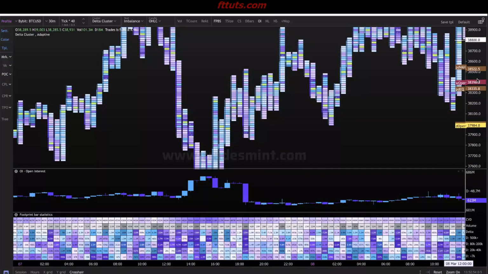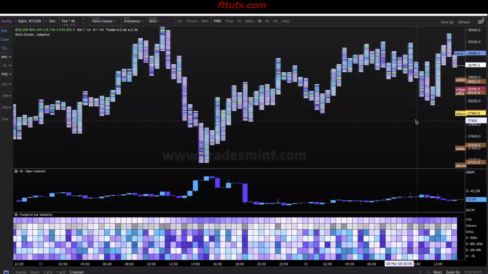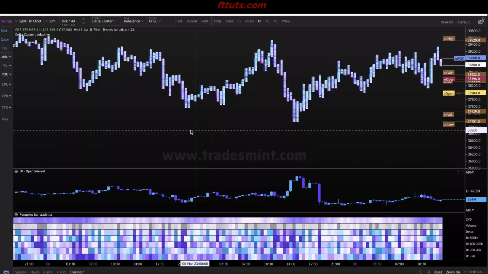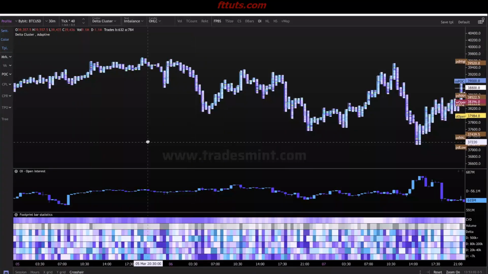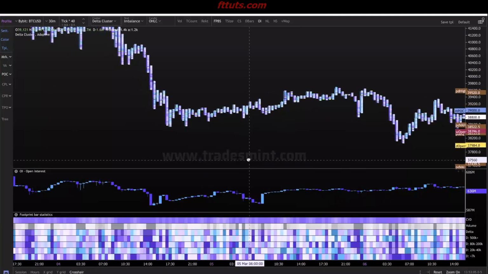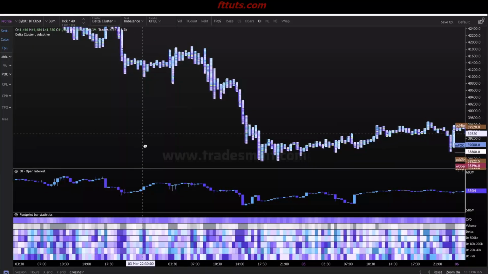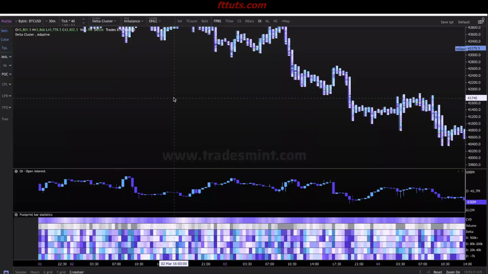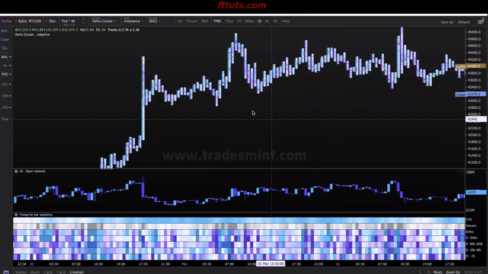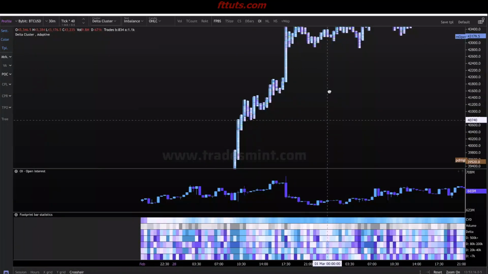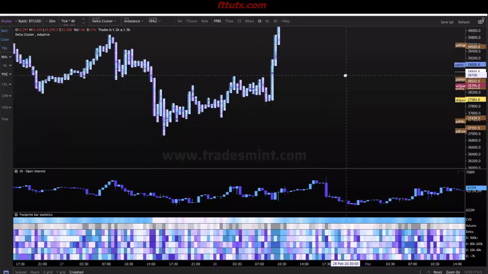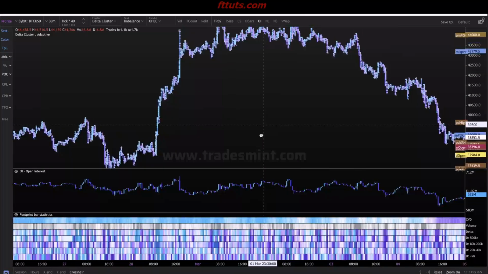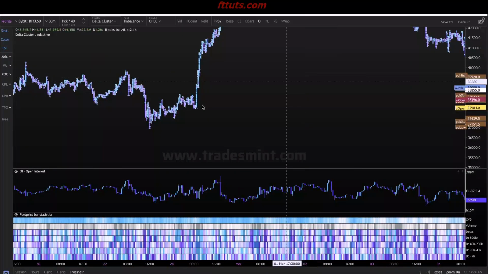And let's find ourselves a nice trend. We've been really ranging for a long time. So let's try and find that downtrend that we were really in for a long time here. Okay. Well, we need to find an uptrend. Here we are. In this uptrend that we got